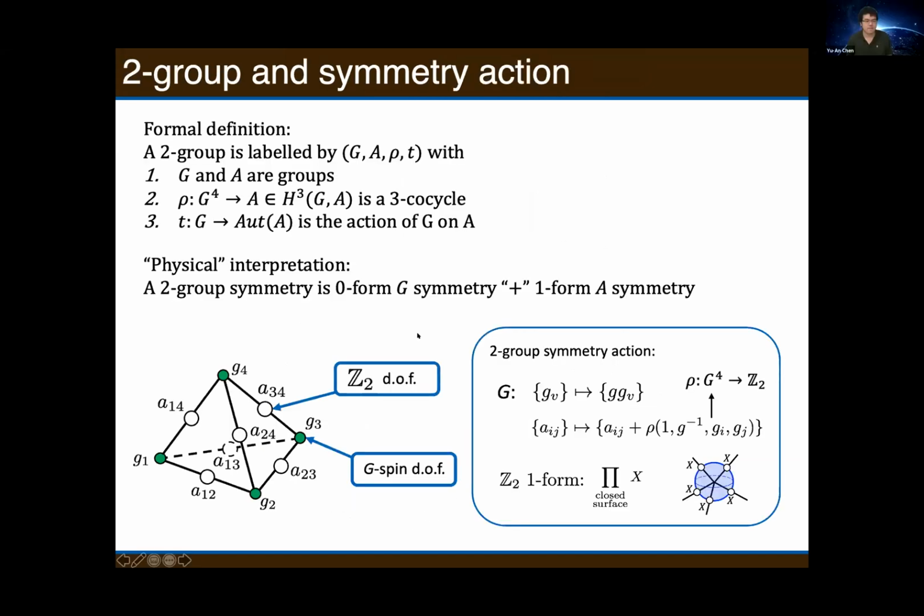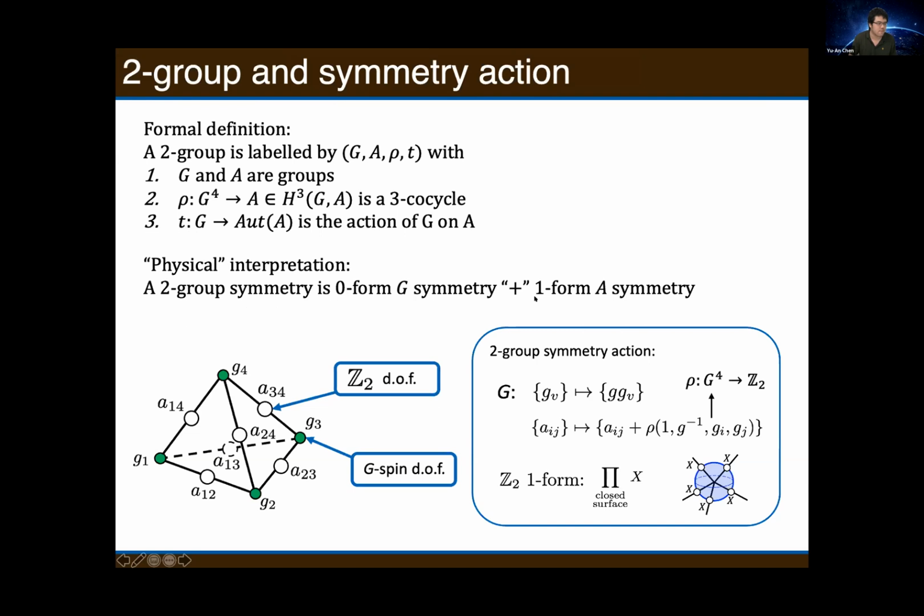Okay, now let's go to the left-hand side. The left-hand side is called two-group symmetry. The formal definition of the two-group is quite scary. It contains G and A, both groups, and it contains a 3-cocycle, and it contains the automorphism of G and A. So please ignore the formal definition here. In today's talk, we can just take the two-group symmetry